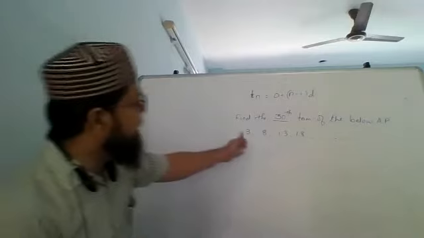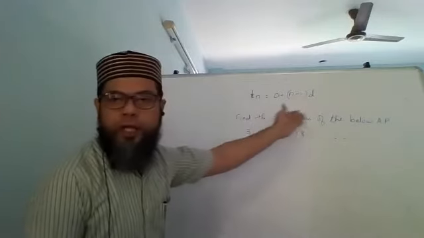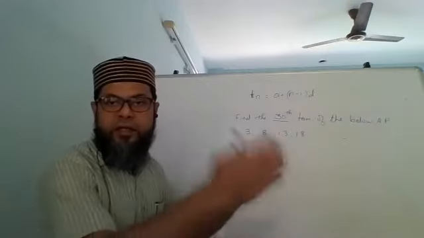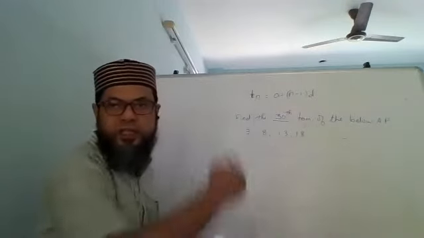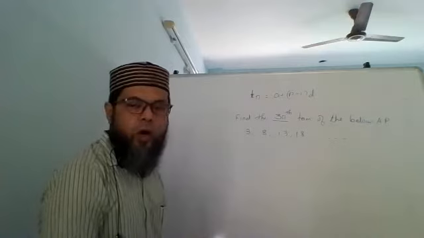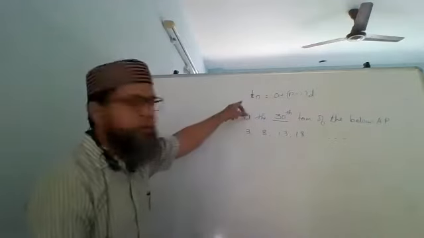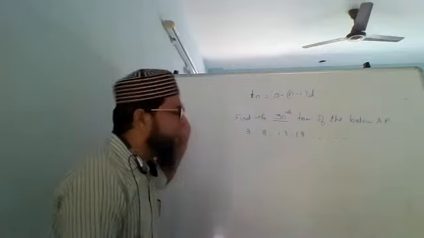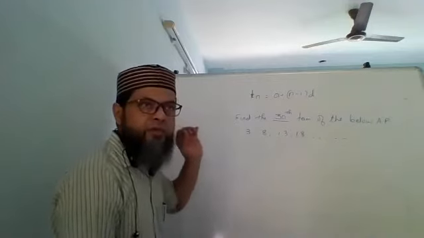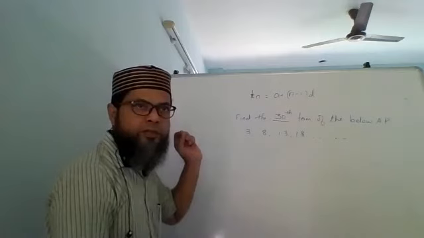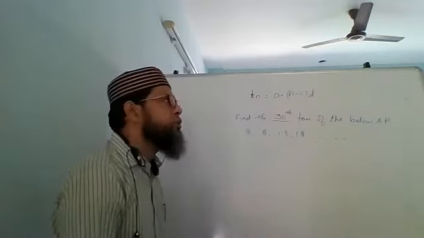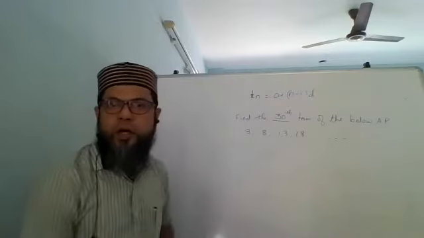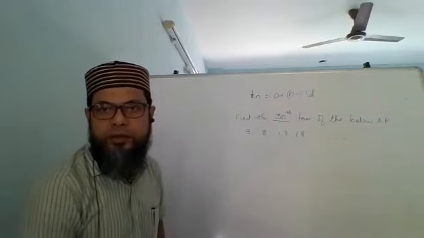Now to find the 30th term, you can keep on finding each term as we did last time by finding the common difference and adding, then the 5th term, 6th term, 7th term, or you can use the formula directly. Now, first thing that you need to do in any and every problem that you come across is a very basic thing you have been learning from your school days, but we have not been practicing it. What is that basic thing that you need to do?